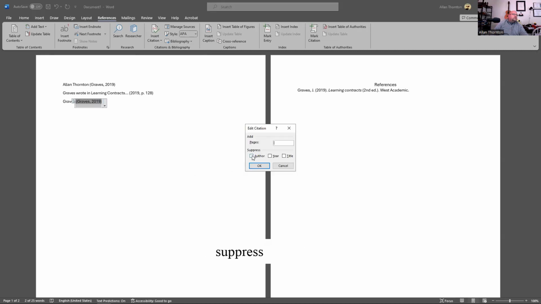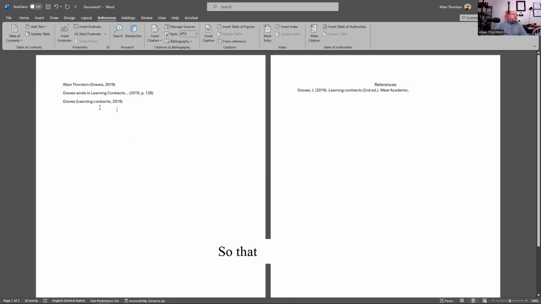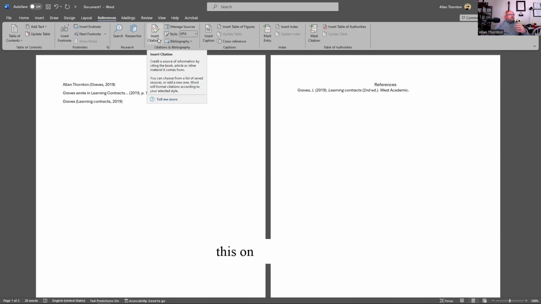And we're going to just suppress the author, but we're going to leave the title. Okay, so that would be Learning Contracts 2019. So that's kind of a quick rundown of how you can use this on Word.